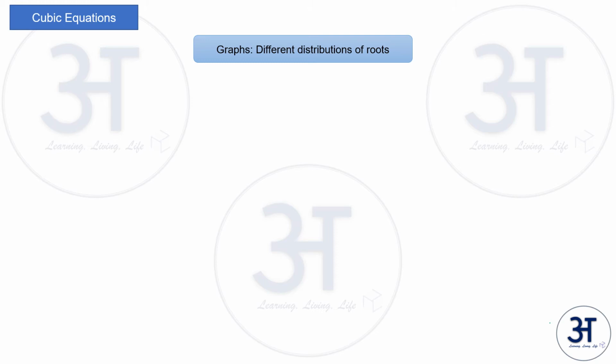Now we have different roots known, like the alpha, beta, gamma and their properties. Let us now look at the graphical representation. So as I have told earlier, there might be 3 roots which are real and distinct. So in this case, let us look how the graphs look like. So the graphs can look only in 2 ways. Let us see how they look like.